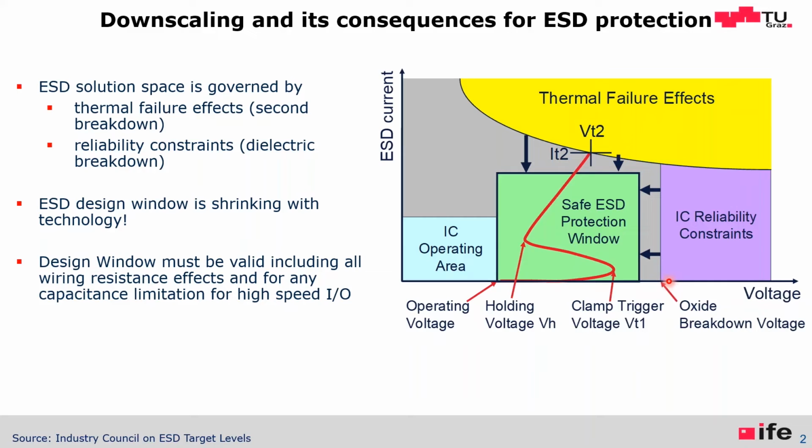But we are forced now for the high-speed IOs, because the ICs are much more easily damaged by system-level ESD. We are forced to put some protection on the board, on the differential lines of USB. Normally one would have done this by datasheet, but right now the protection window in voltage may only be 3 volts, and in current we have to limit below 1 or 2 amps. So we are forced to go to a simulation-based methodology for ESD protection instead of a datasheet-based protection.